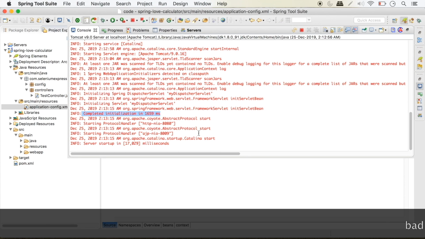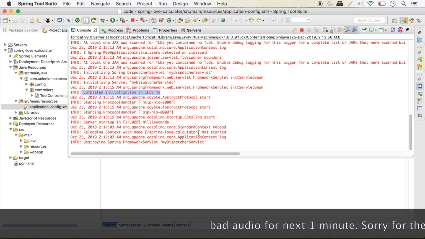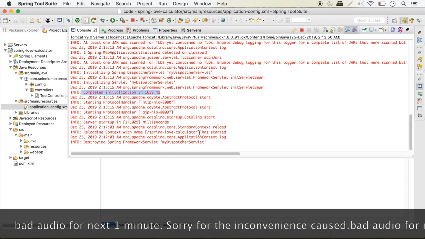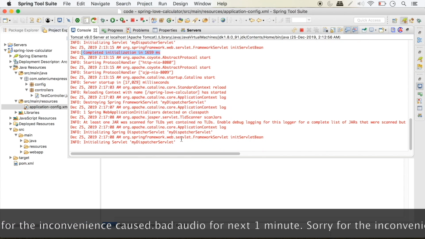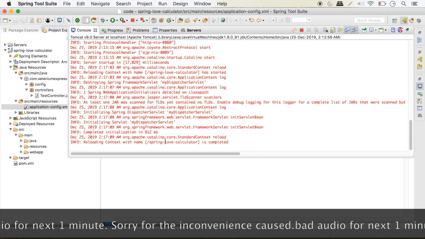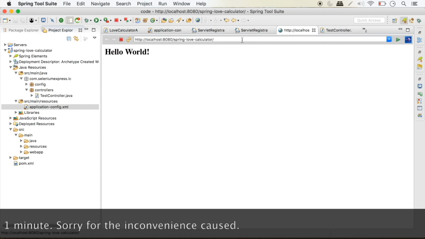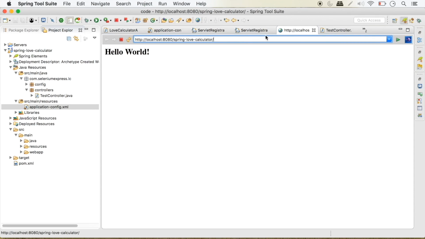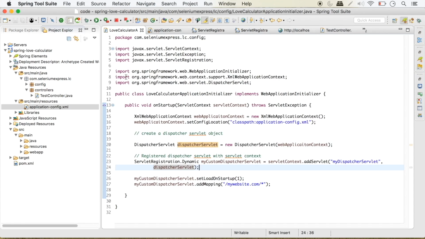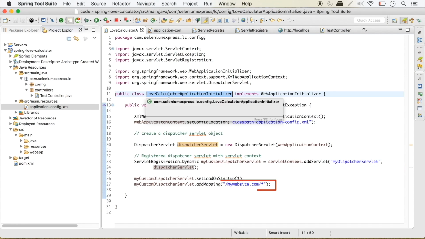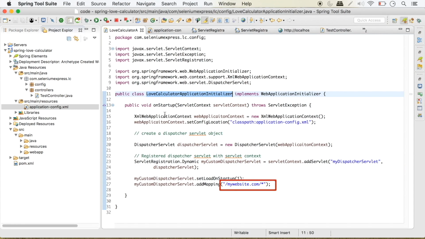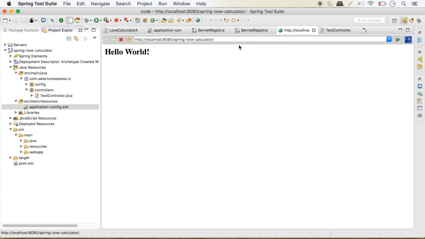On Tomcat, reload my changes. Yeah, it's going to reload everything. So destroying, initializing, and reloading completed. That's good. So I can go to the localhost, the Eclipse browser, and I'll say, what is my dispatcher servlet URL pattern I've configured? So I'll go to my dispatcher servlet class, wherever I've configured it. So inside my LoveCalculatorApplicationInitializer, the pattern is mywebsite.com. So I'll go here and I'll say